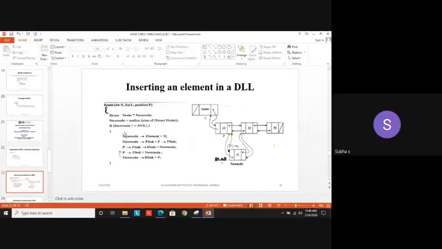For that, look at the routine. I have used an insert function of return type void. This void is missed here, you can write it: void insert(int x). X is the element to be inserted in the given list at position P or after the position P. For that, you first need a node. That node is called new node, of type node, because new node is a structure variable. It should contain 3 components: element, forward link, and backward link.